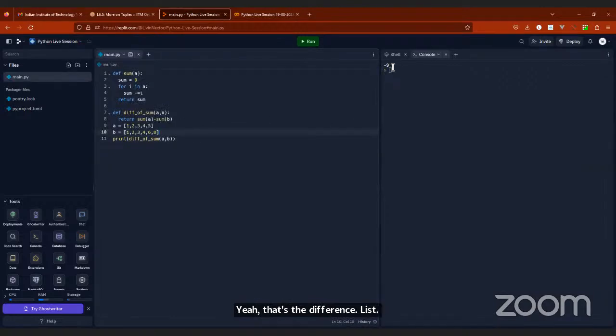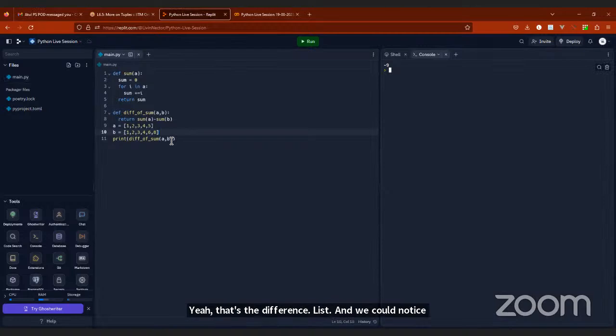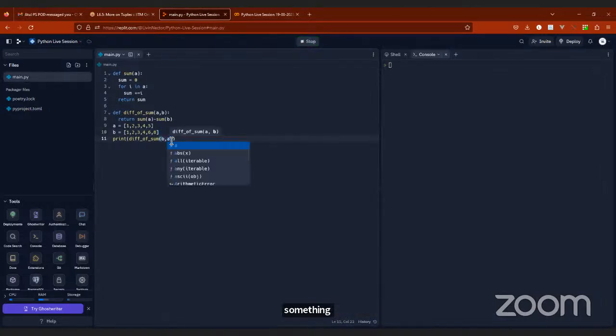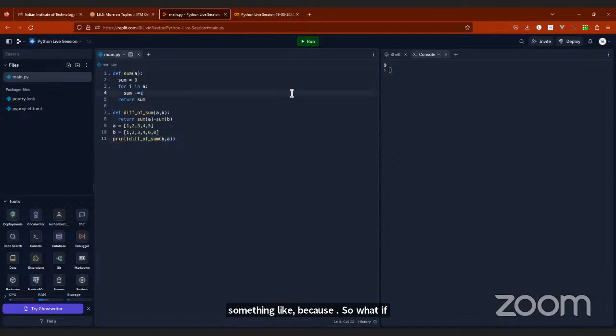And you could notice something like whenever we pass A and B it gives a negative number, pass B and A gives a positive number. So what if you always want to have a positive number? So we could do that, like if A is bigger, we return A minus B, and if A is smaller, we return B minus A. So that's something like